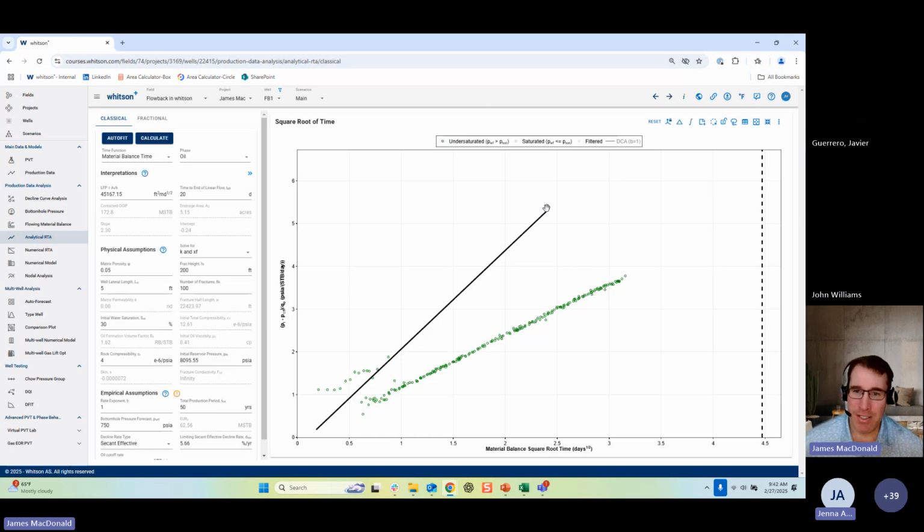But that being said, it's always nice to know what you would expect to see if there weren't any problems or big issues with your data set, especially not just the data itself, but what is the reservoir trying to tell us and teach us. But I've got some more examples that I'll bring up here to do some comparisons later. So this is very typical of what you'd expect to see on a square root time plot early on, right? We got that really early flow and it steps down a little bit, usually until you establish some kind of a trend. And then that trend that you establish is ideally something that's not going to get worse